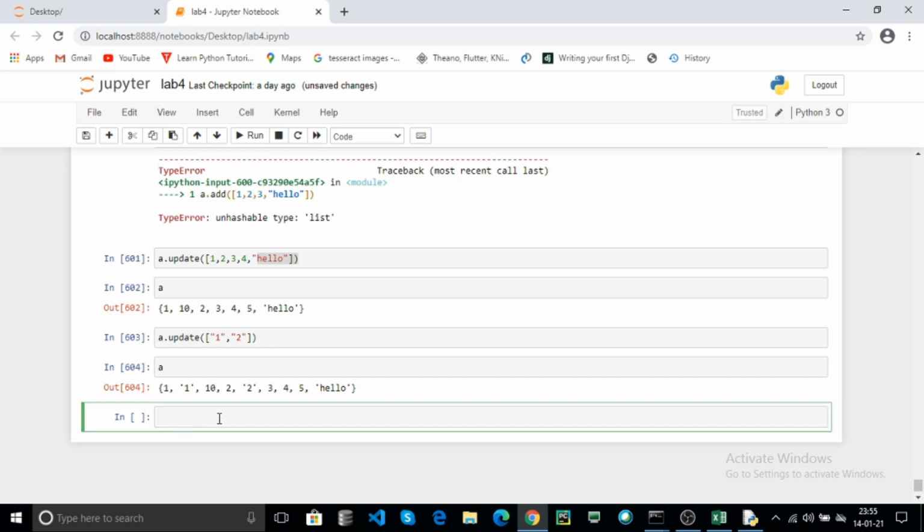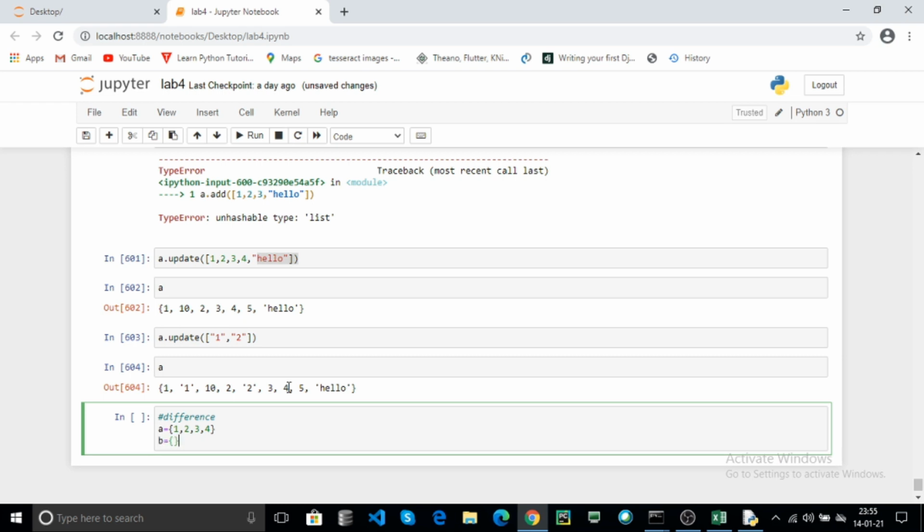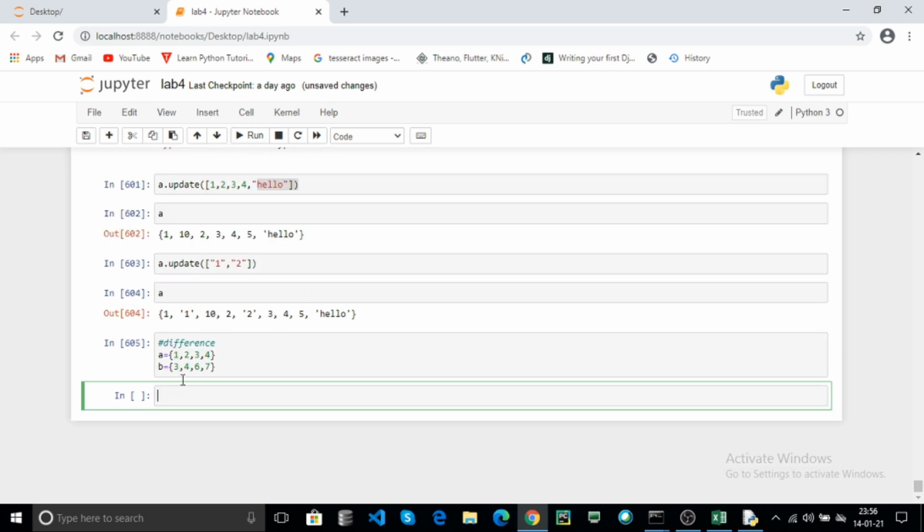Now you can use the difference method. And I again create two sets, and click on run. You can use a difference b.